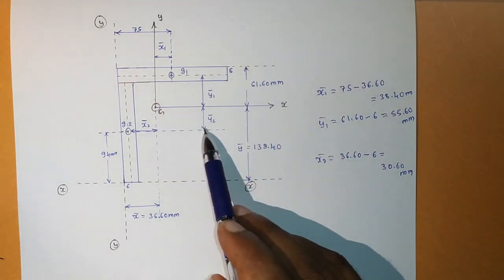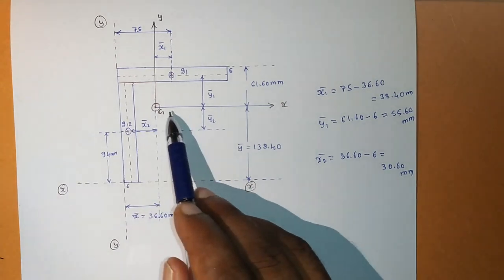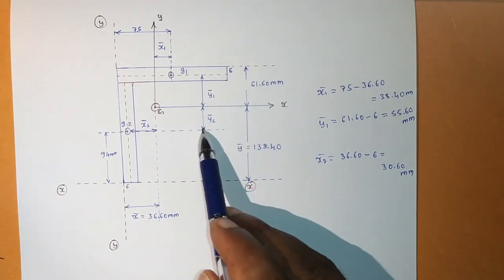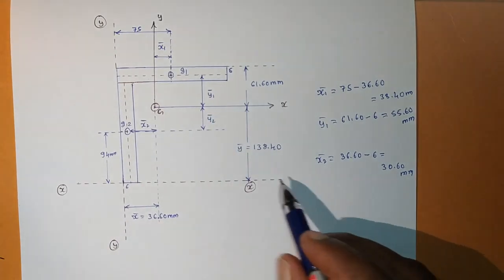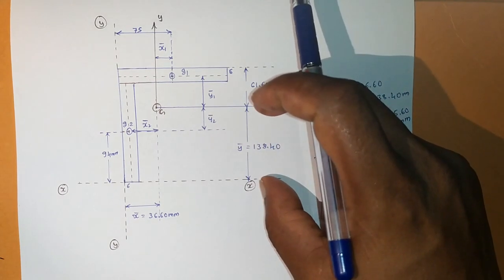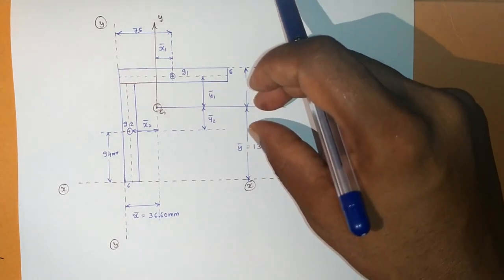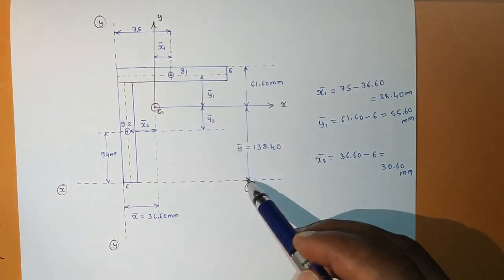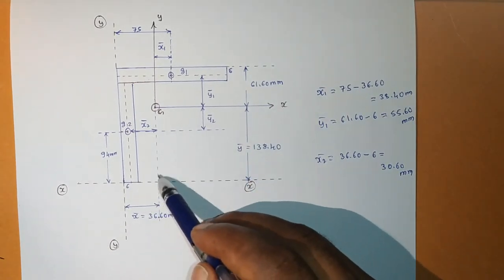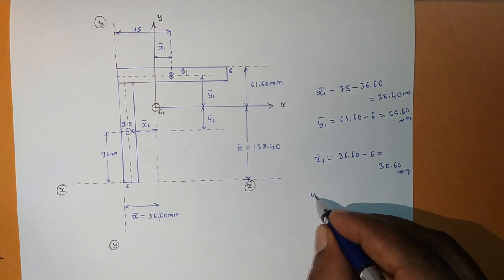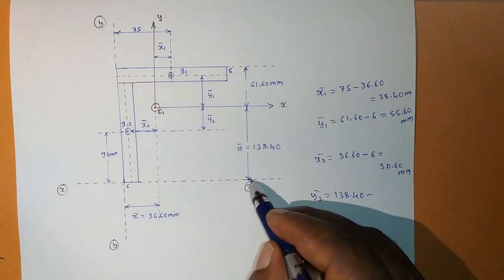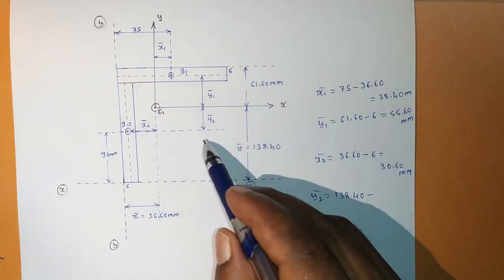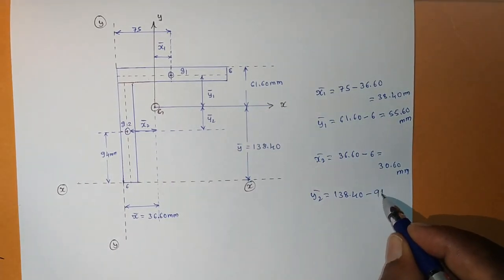Now y2 bar. What is y2 bar? Distance between centroid of section number 2 and centroidal axis in vertical direction. From this point to this point, y2 bar. How do we get this distance? Total distance is 138.40 minus 94 millimeter. Y2 bar equal to 138.40 millimeter from this point to this point. Then we are deducting this distance 94. We get